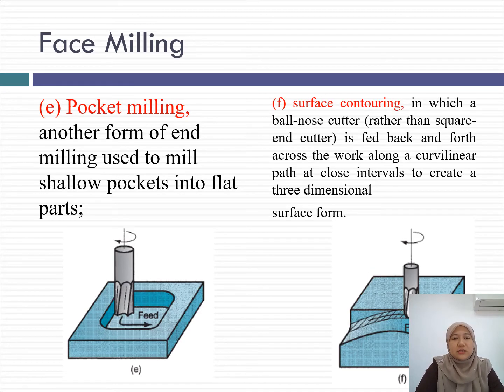Pocket milling is another form of end milling. So the same cutting tool, which is called an end mill. However, now it is cutting not only a slot but at a certain width. So it will create pockets, shallow pockets. It depends on the depth. Normally it is cutting blind holes or shallow pockets, pockets with a certain thickness.